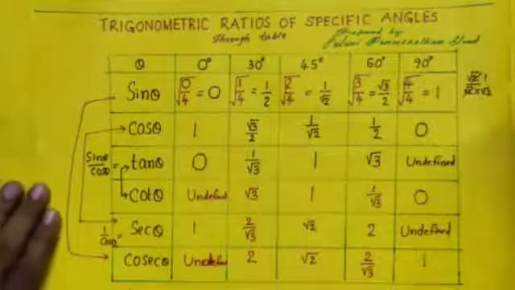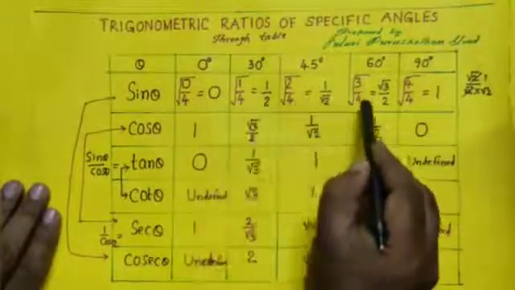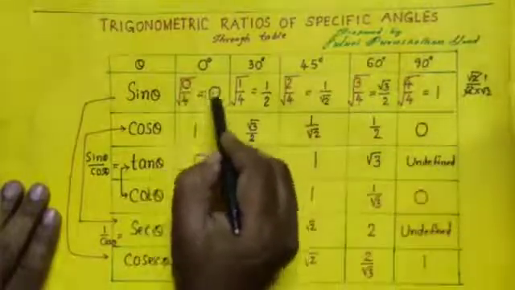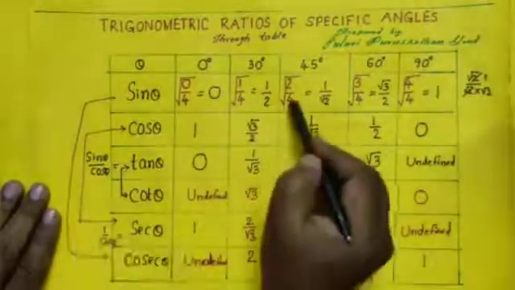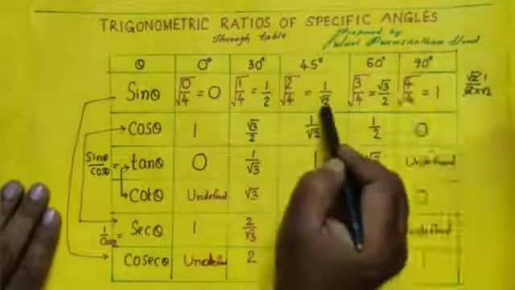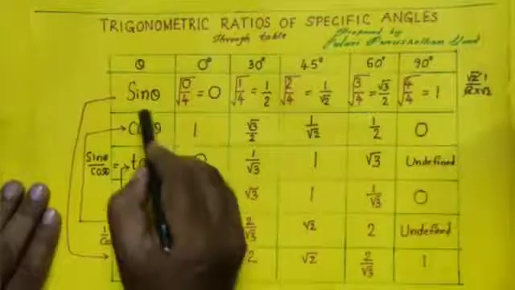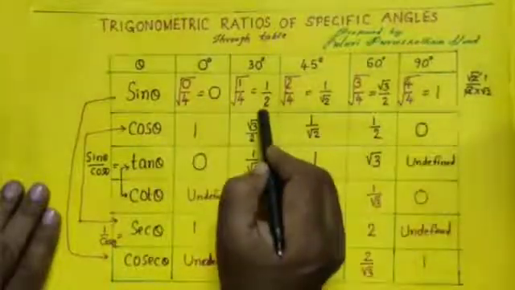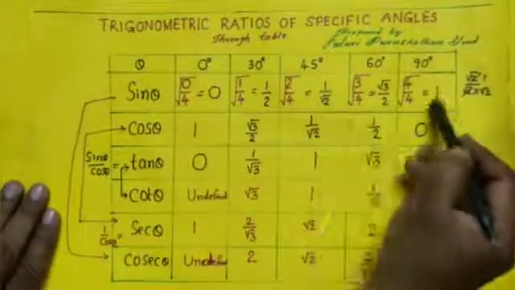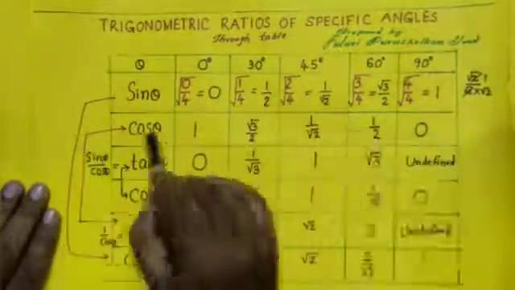Once again, imagine how I did it. First 0, 1, 2, 3, 4 by 4, by 4, by 4, by 4, and I kept roots for all. 0 by 4 means 0 only. 1 by 4 means 1 by 2. Root 2 by root 4 means root 2 cancels, one more root 2 is there, that is 1 by root 2. Root 3 square root is root 3 only. 4 square root is 2. 4 by 4 cancels, 1. We got the sin theta values: sin 0 is 0, sin 30 is 1 by 2, sin 45 is 1 by root 2, sin 60 is root 3 by 2, sin 90 is 1. Then I write in reverse order: 1, root 3 by 2, 1 by root 2, 1 by 2, 0. Then I got the cos values.